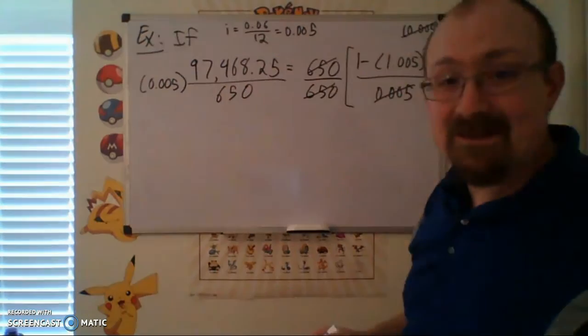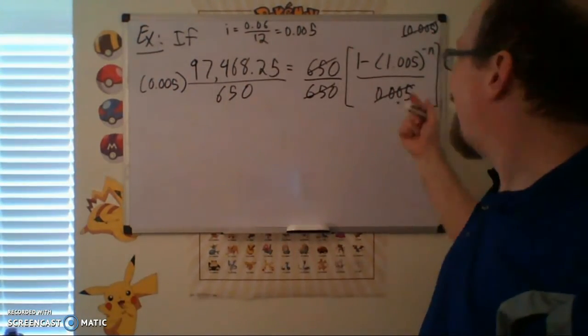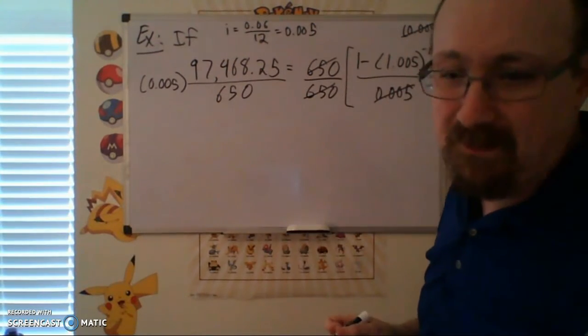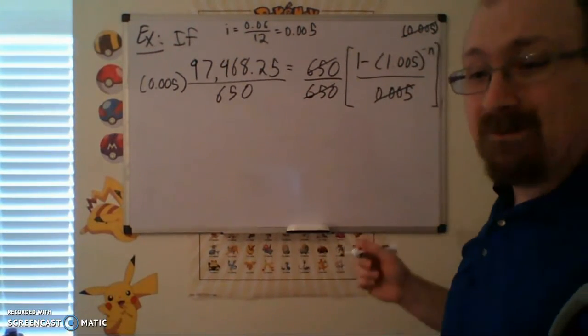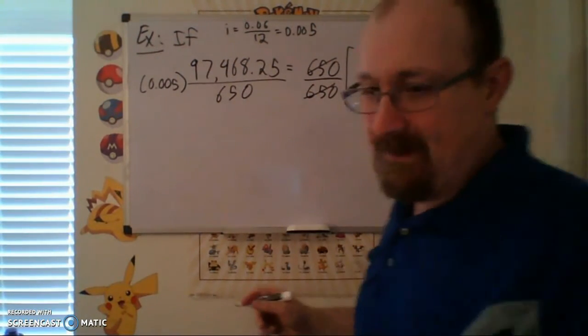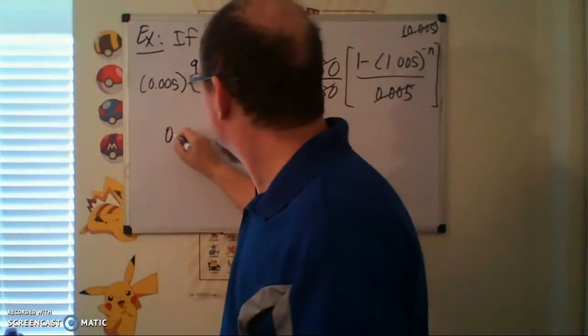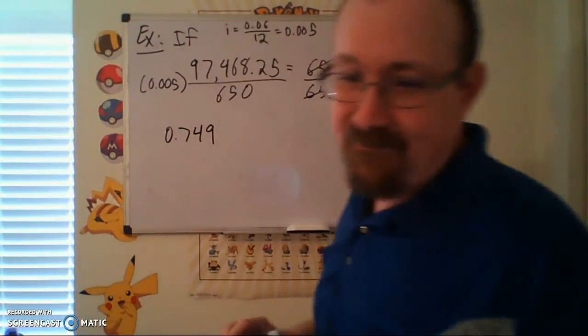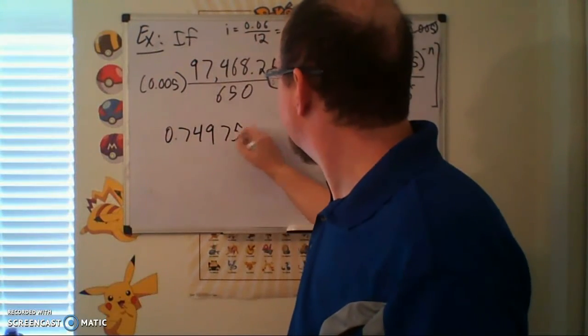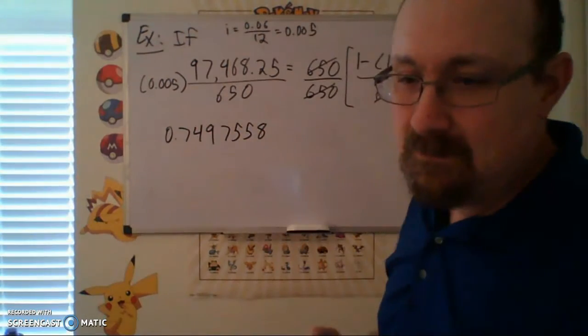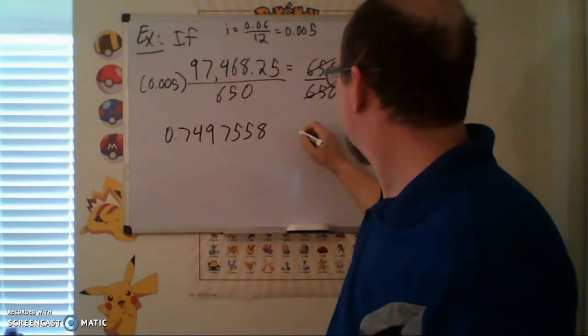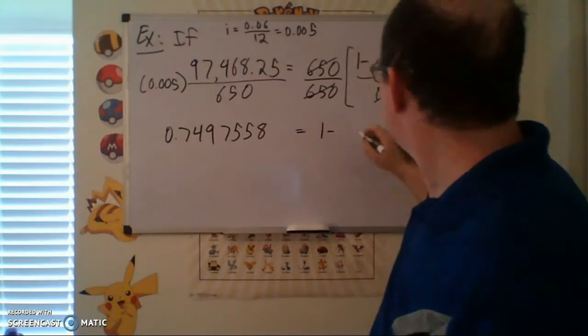All right, so I've got all that stuff over on the left, and now I'm kind of down to the exponential bit. So when I work this out again, I didn't round anything, but this stuff over here, when I worked it out, gives me 0.749758. Yes, double checking, making sure I did that right. Equals 1 minus